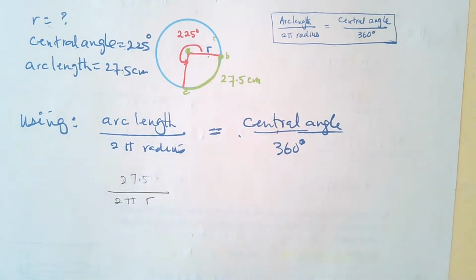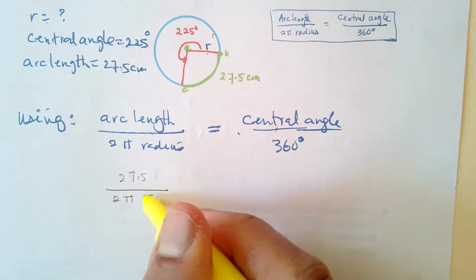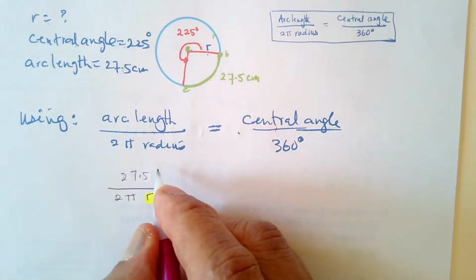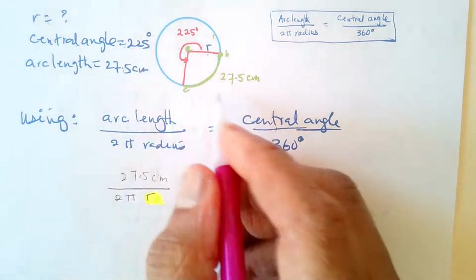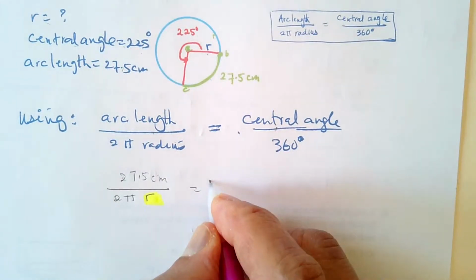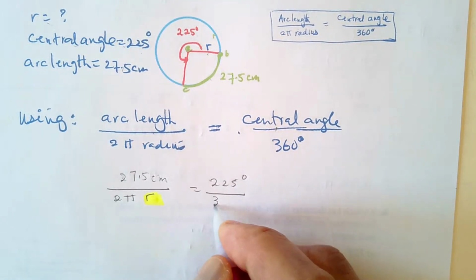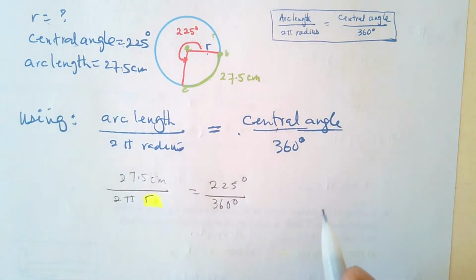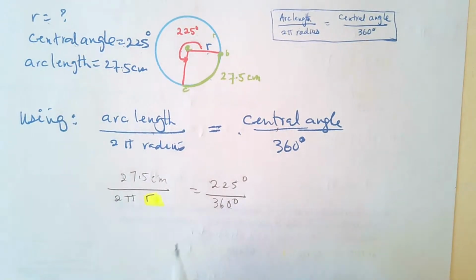We don't know r, so r is the unknown that we are going to find. The central angle is 225 degrees divided by 360 degrees. Now, you can do your mini algebra here, multiplying and then dividing,